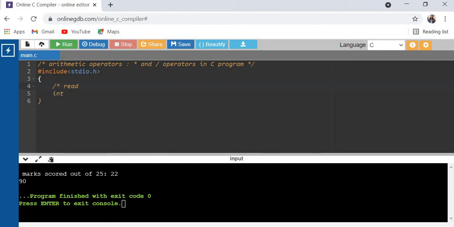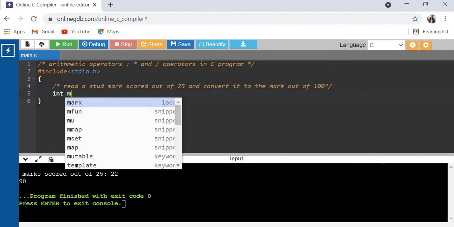Read a student mark scored out of 25 and convert it into the mark out of 100. For that, if you get the mark of a student scored out of 25, by multiplying by 4 we'll get the mark out of 100.